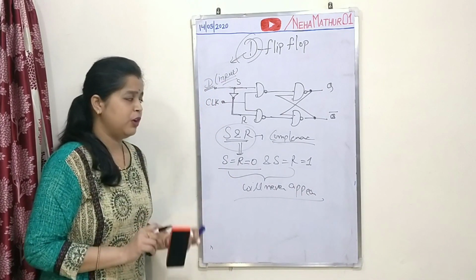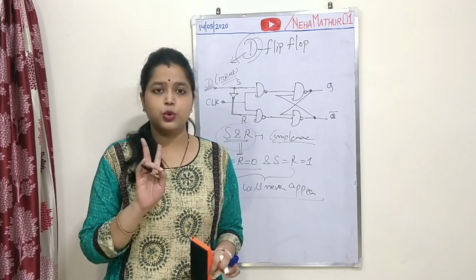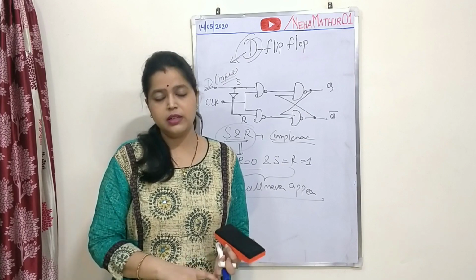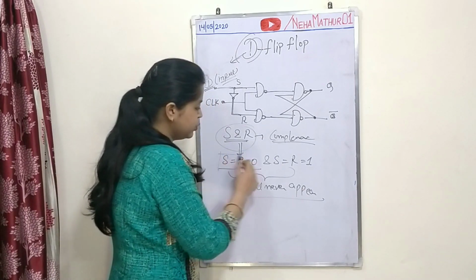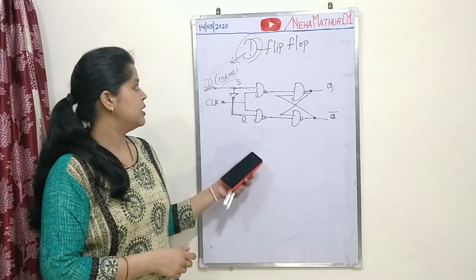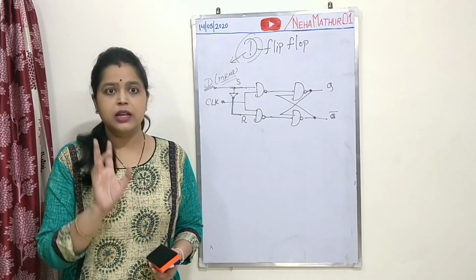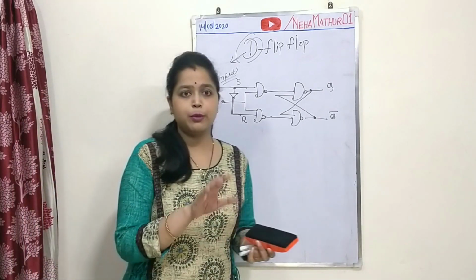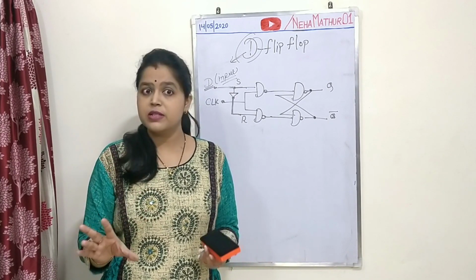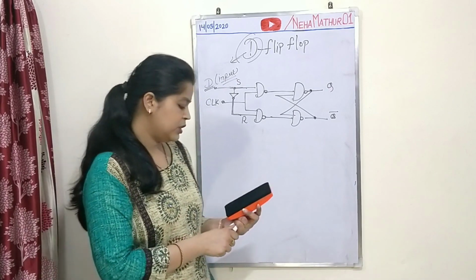Fine. So your D flip-flop is able to work with 2 cases, when S is equal to 0 and R is equal to 1, and when S is equal to 1 and R is equal to 0. It is not able to go with the other 2 cases because S and R are in complementary form. This means this circuit is able to avoid the problem coming with S = R = 0, which was the unchanged condition depending on previous values, and S = R = 1. So we will deal with only 2 cases.